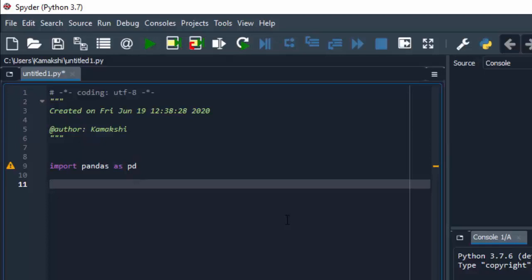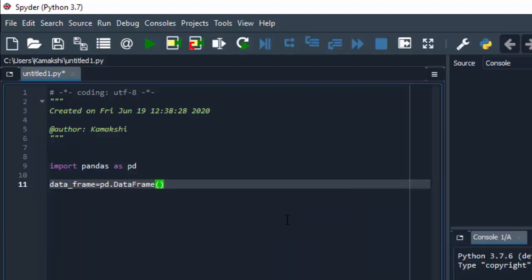Now next, just declare one variable. I'm giving the variable name as data_frame equals pd.DataFrame, that means the pandas library dot DataFrame. This instruction is going to create an empty data frame.